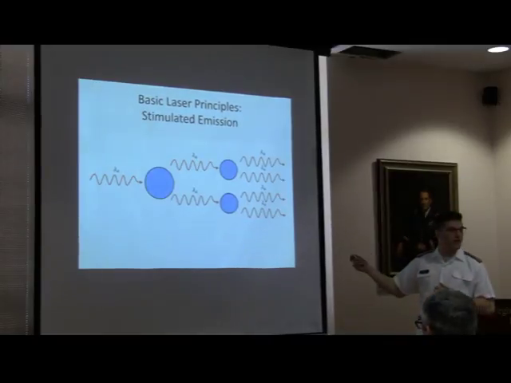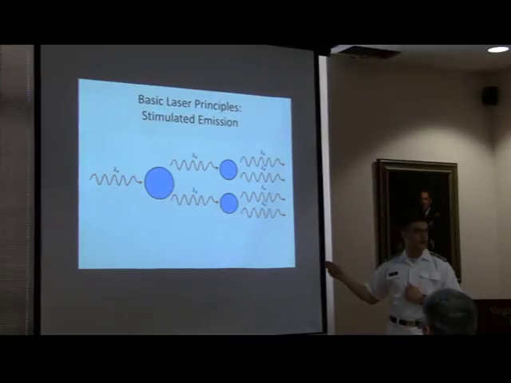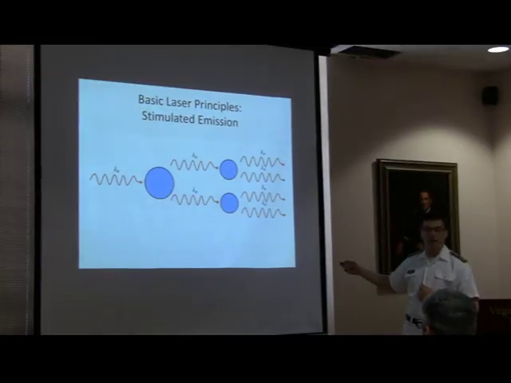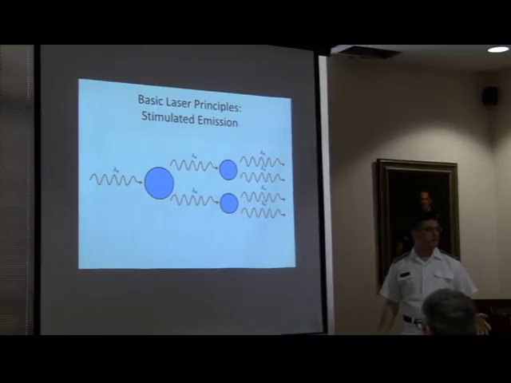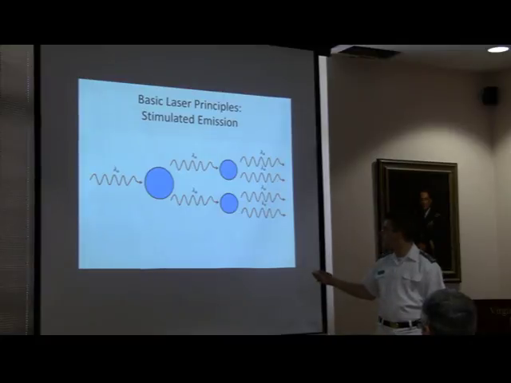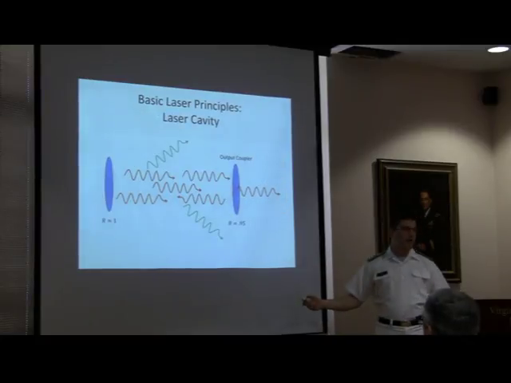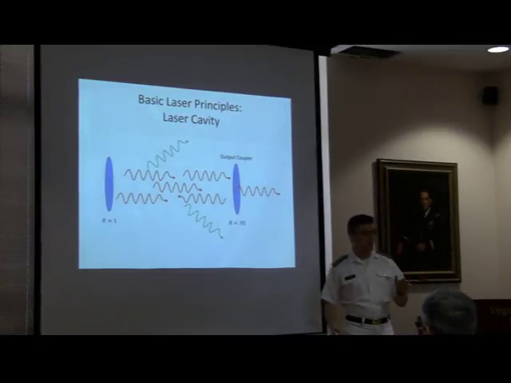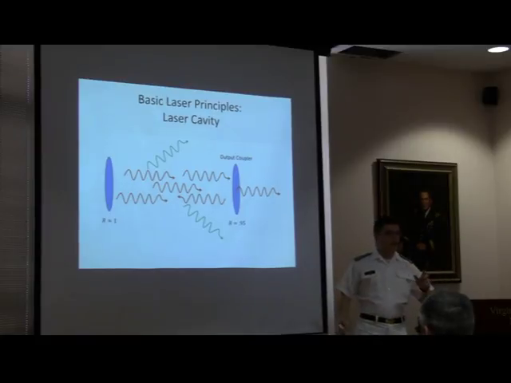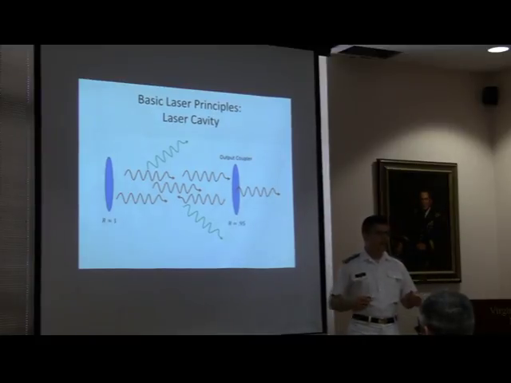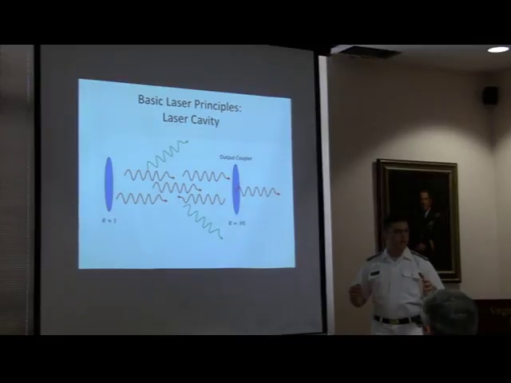Now, stimulated emission is interesting because hopefully then what we get is a cascade effect. We get 2 more stimulated emissions, and then 2 more, and it eventually turns into trillions of them in a matter of microseconds simply because of how fast this all occurs. But if you let this just go across the crystal once, you wouldn't get that much useful light. So in order to make the laser work effectively, we decided to put a mirror on either